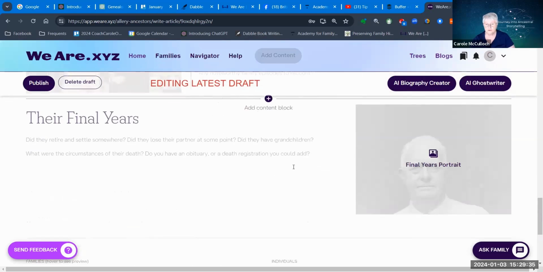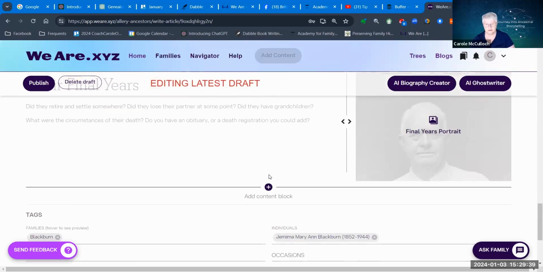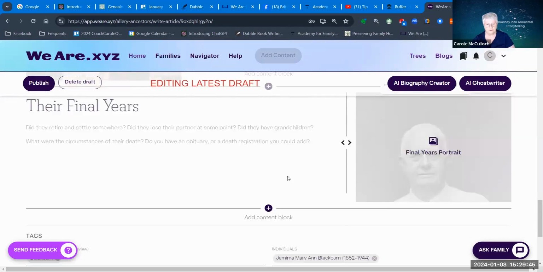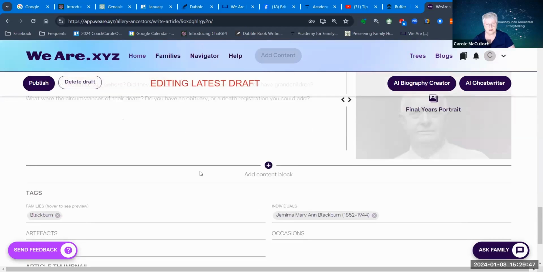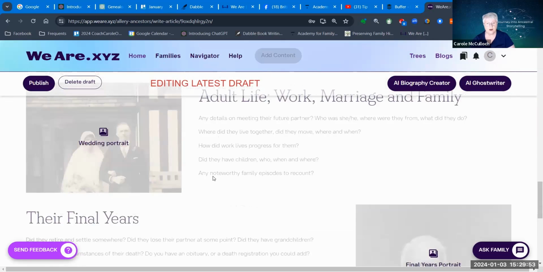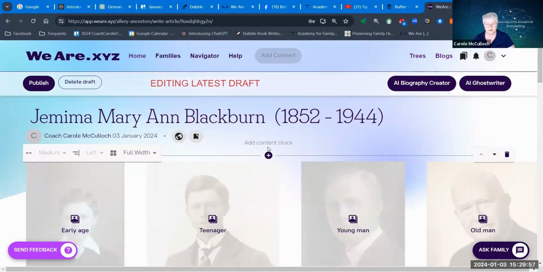All the way through, you've got clues as to what you can put in place, leading us to the final portion of their final years and a final year portrait, if you've got one. And all of these are tagged with the family name and the individual's name. So I can get started on a profile for my great-grandmother very quickly using that as a template.